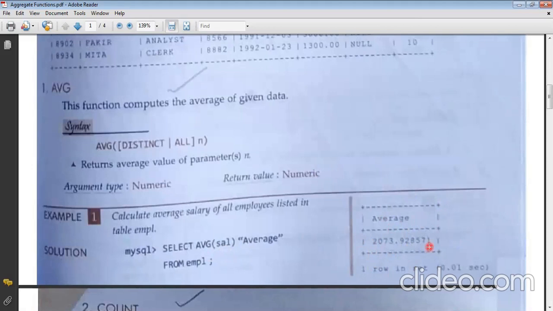Now, this will be your assignment number 29. Up to 28 we have already done assignments. For 29, we are not going to take any special class, but whatever queries we are doing, because you already have the EMPL table created in your database, all these questions will go as a part of your assignment number 29.